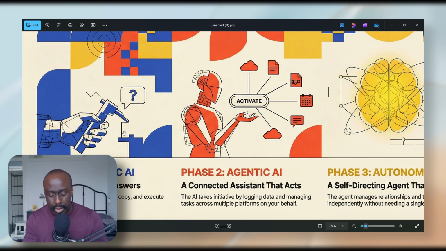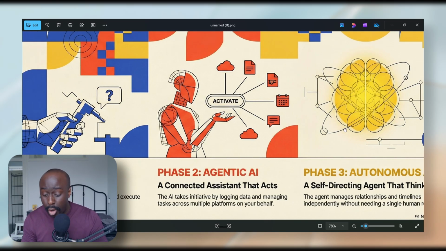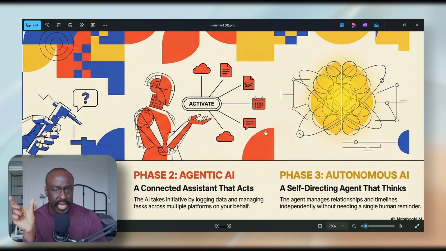Agentic AI, as we all know, goes a step further. You connect it to your CRM. It gets everything it needs to know about the lead. You connect it to your email system, and then it reads everything it needs to read and sends the email itself. Autonomous AI, this is when you give the AI a heartbeat, when you start using scheduling within it, would